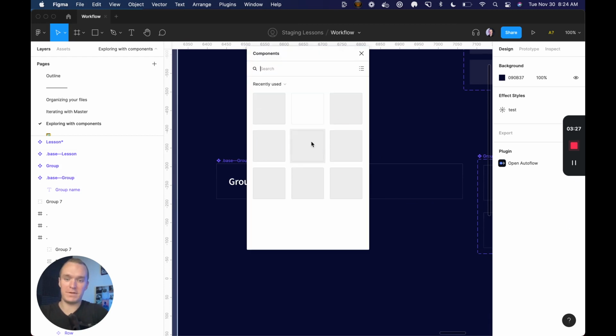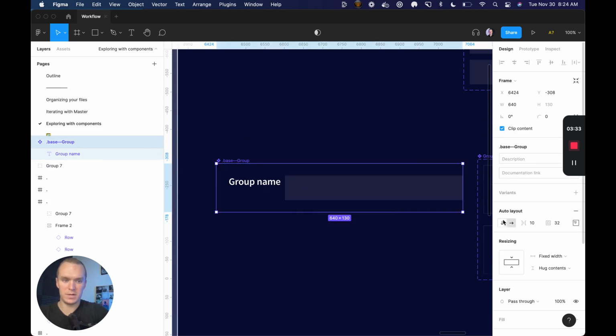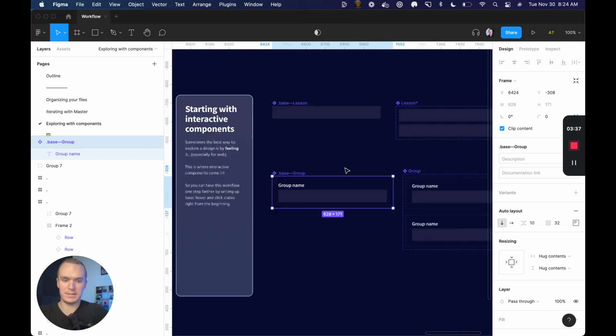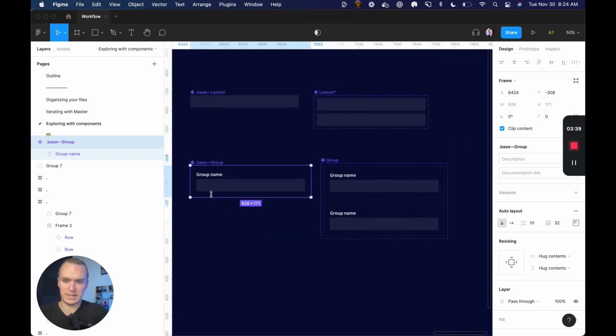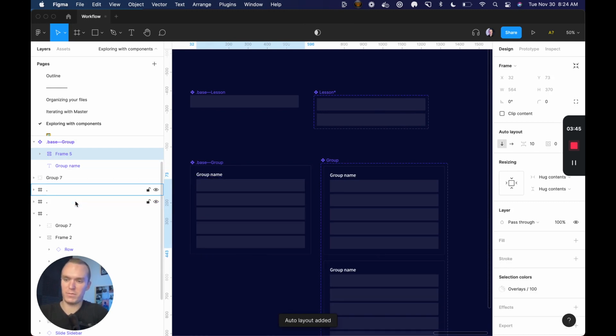And now all I have to do is insert my lesson component directly into the auto layout. So let's make this vertical. We'll set it to hug contents. And again, you can see that's populating everywhere. And I'm just going to create a handful of these lessons and throw them into an auto layout called lessons. And the reason